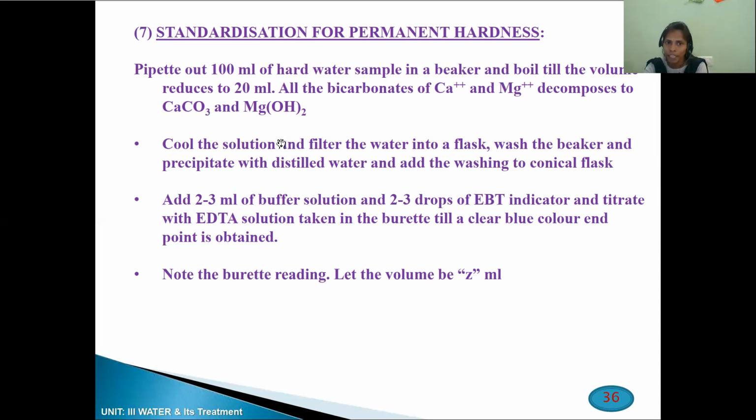So whatever we got, 20 ml here, first filter that water. After filtering, take that water in the conical flask, add EBT and buffer solution. We will get a wine red color solution. This wine red color is titrated with the EDTA till the color changes to blue. So now let us assume the reading as Z ml. Until we get the concurrent reading, repeat the titration and assume that reading as Z ml. So initially we got the end point as X ml. For total hardness, we got Y ml. For permanent hardness, we got Z ml.